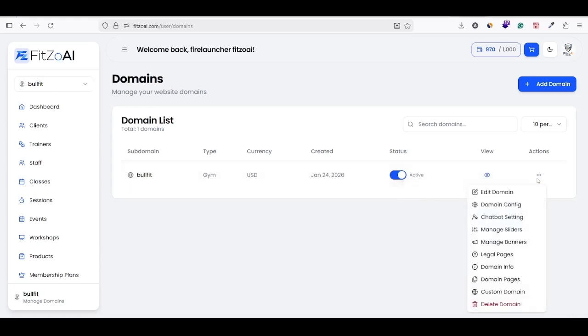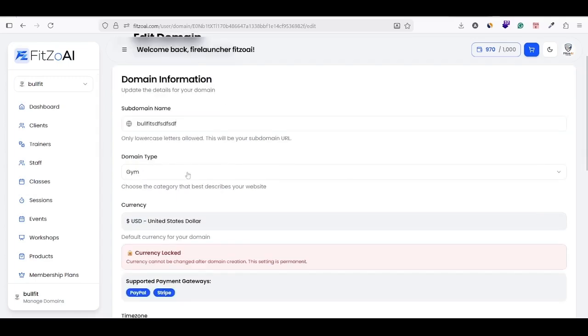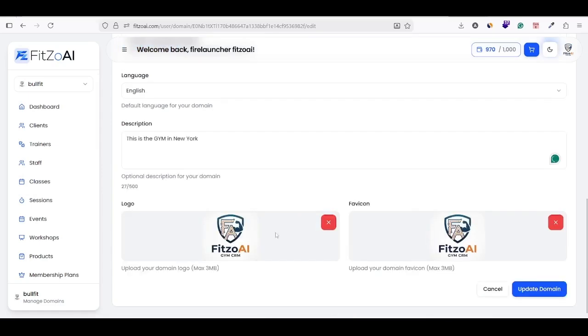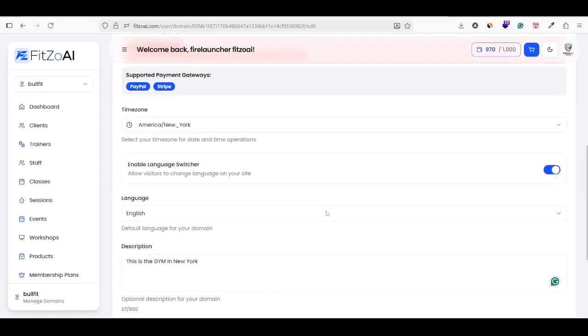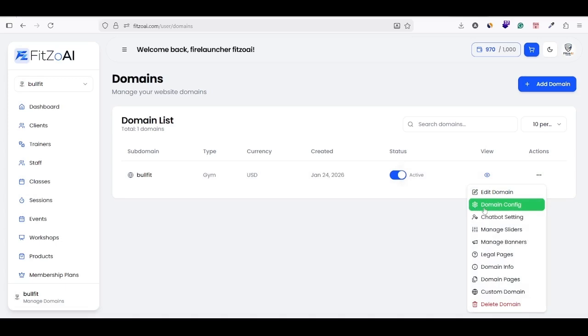Here are many actions you can perform for your domain, like you can edit, config, chatbot setting, manager. We will go through every section one by one. So first we start with the edit domain. Now we will go with the next action, domain config, which is a very important part of